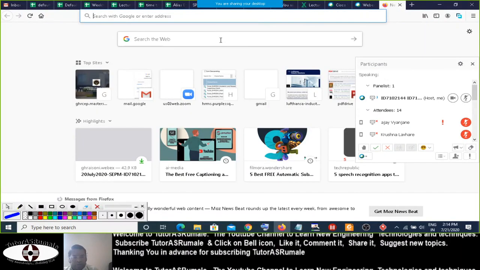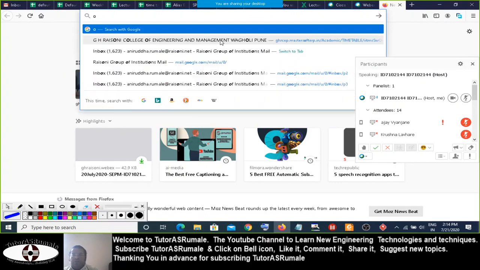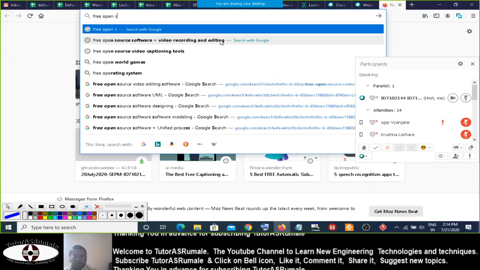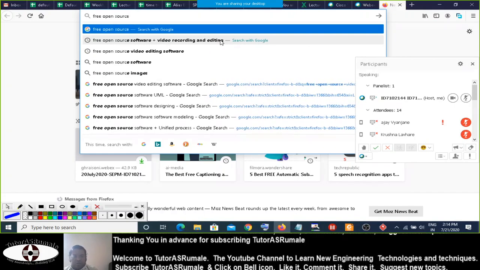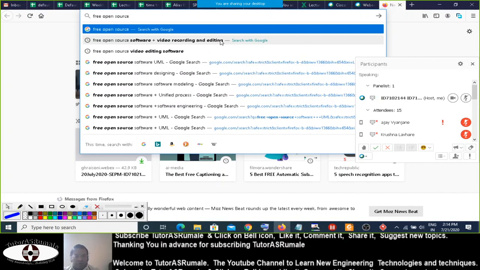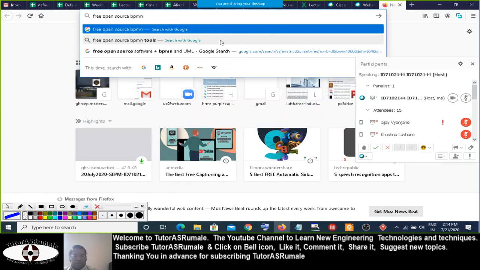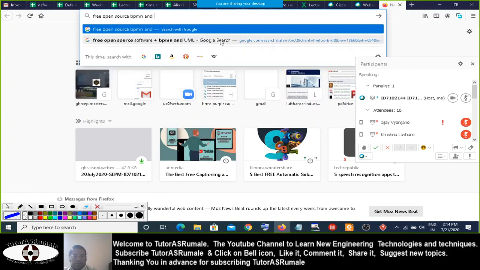if you go and search for free open source, you have to simply say BPMN, business process modeling and notation, and UML tools.